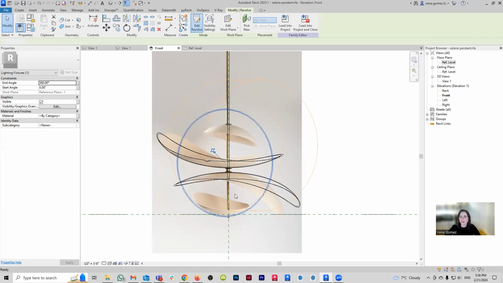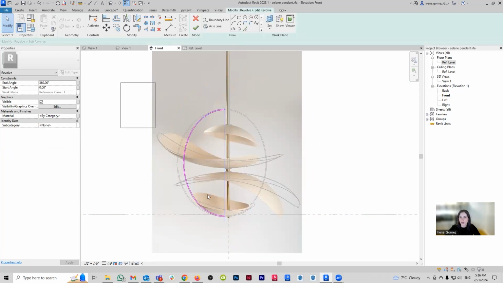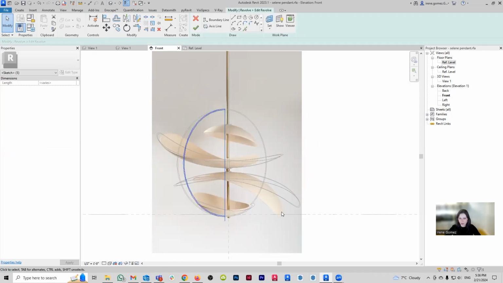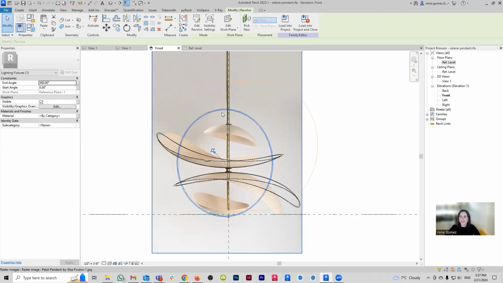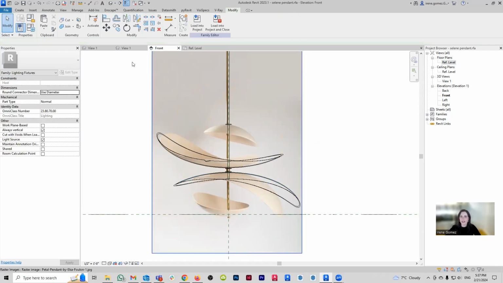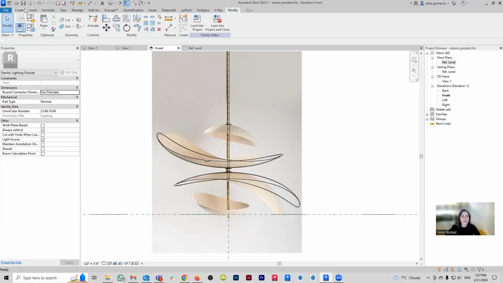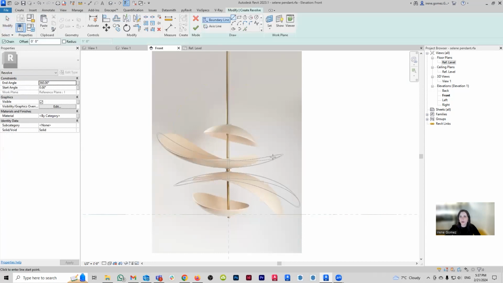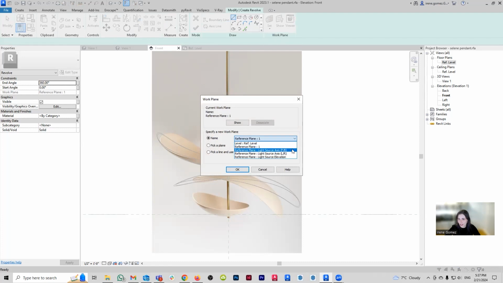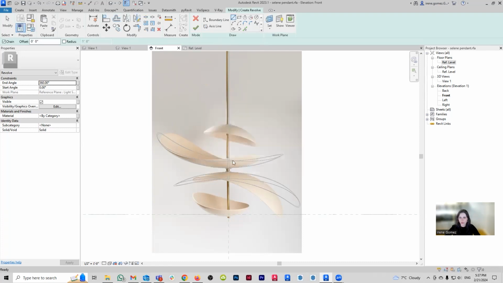I'm going to have to do things the right way, which means that I'm just going to select my egg. And to try to save myself a little bit of trouble, because this egg was very annoying to draw, I'm going to Control C, copy my egg. I'm going to delete this egg here. And now I'm going to go and create a new egg. No, not an extrusion, revolve. There you go. And now what I'm going to do is make sure that I set up my work plane to be the source axis front back. And now I can say, okay, Control V, and there is my egg. So now I just need to place it where I want it to be.